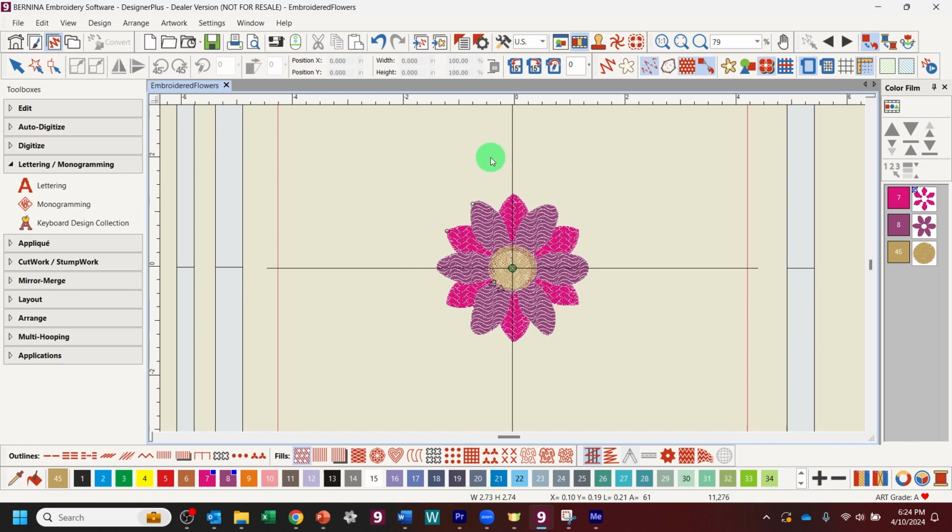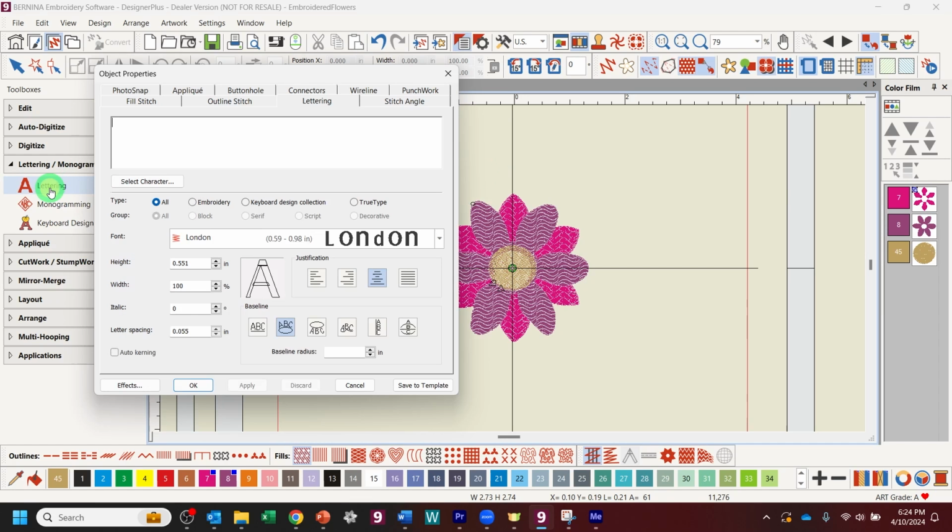So what I want to do is create some lettering. So I'm going to right click on my lettering over here on the left side under my toolbox drawers. And I'm going to type in my embroidered flowers will never die,